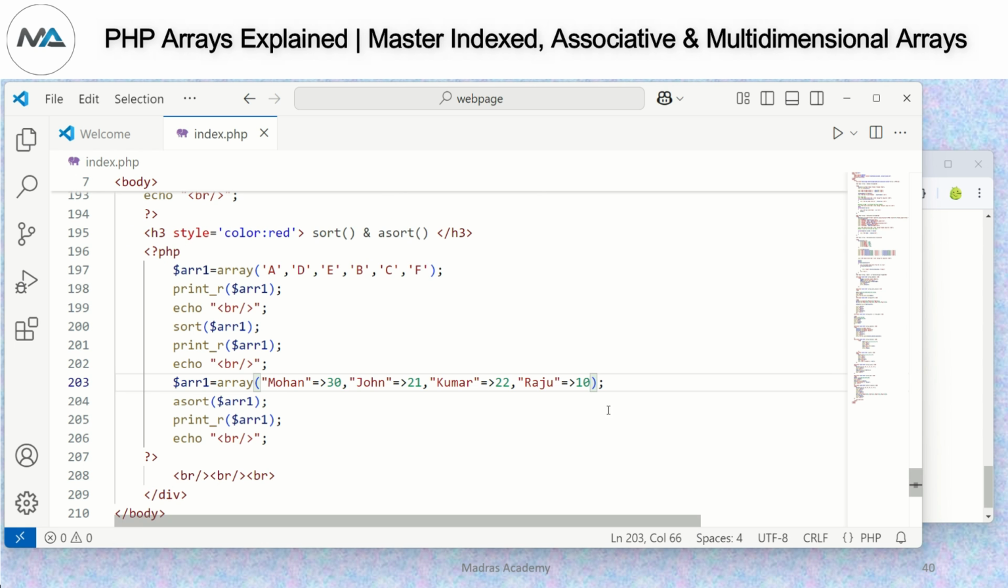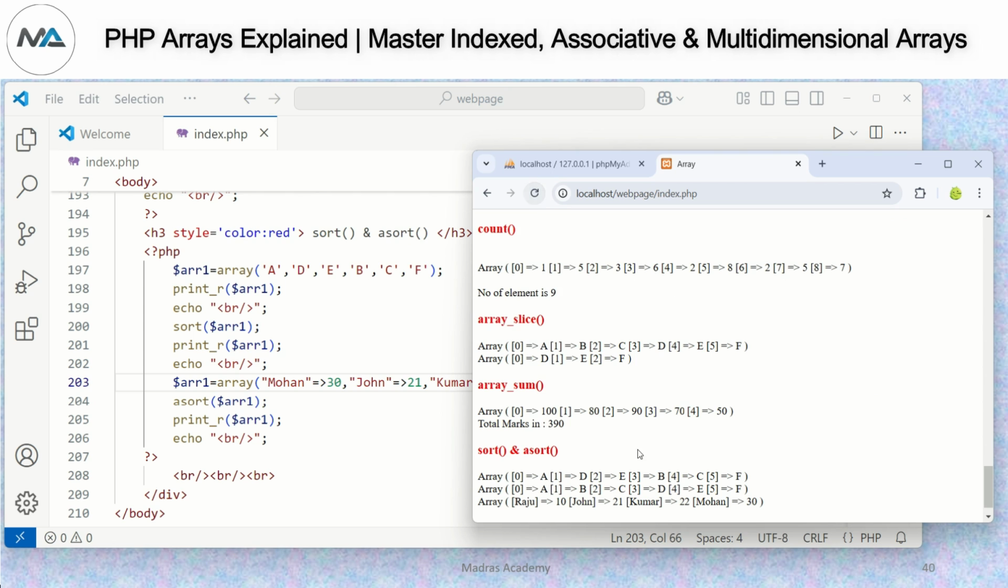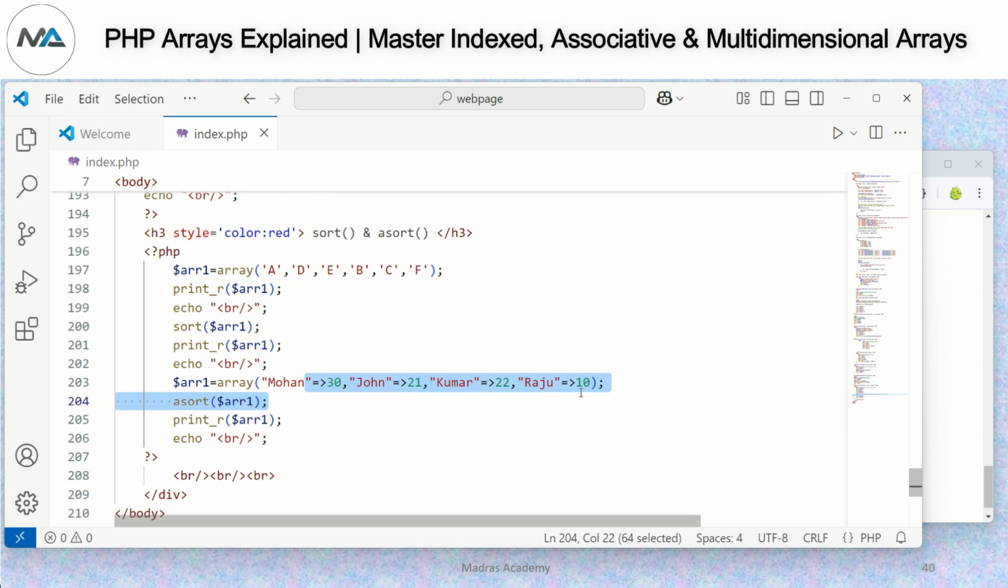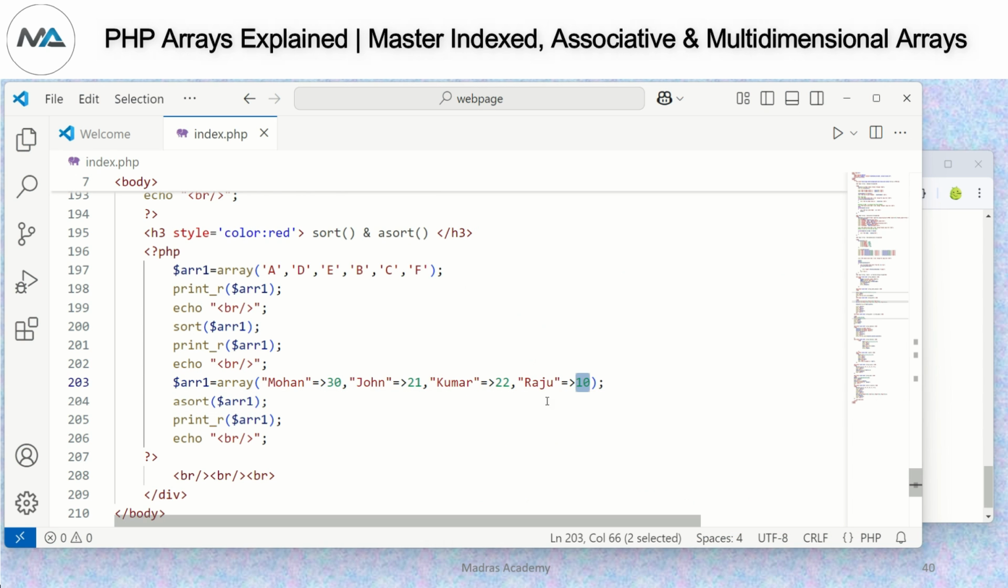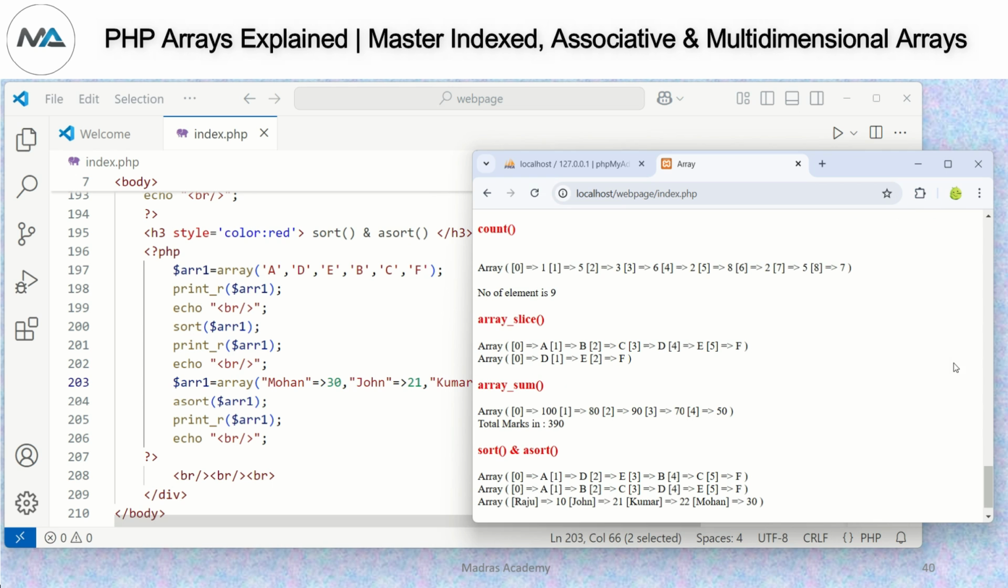Paste it here, and once I refresh, see R J K M, okay, and it starts from 10, 21, 20, and 30. Okay, like this it's sorted, but the first value is 30. Here it's printing 10, a sort. Okay, 10, 21, 20, 30. Based upon that value, it sorts the